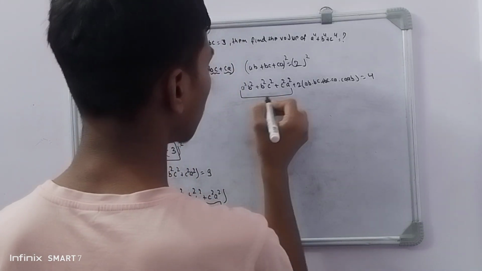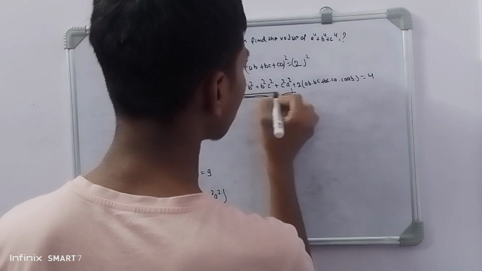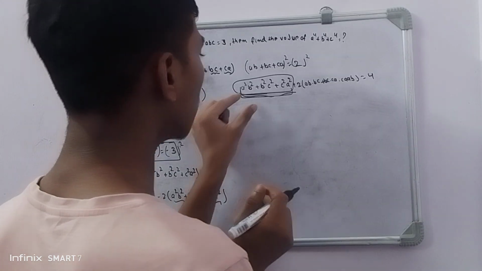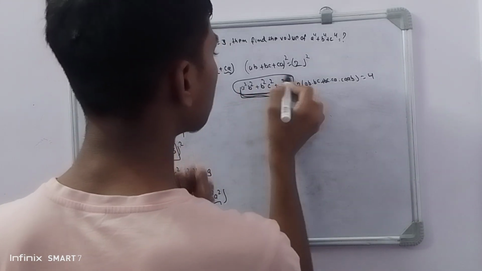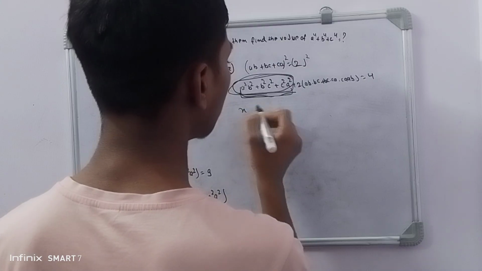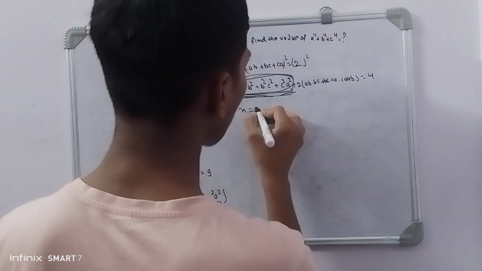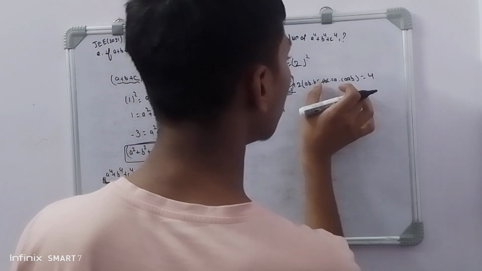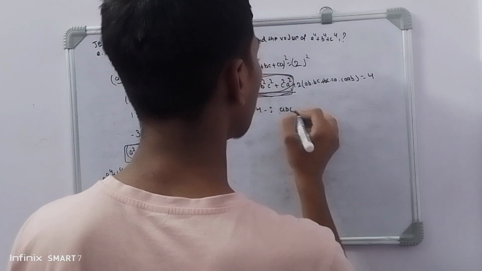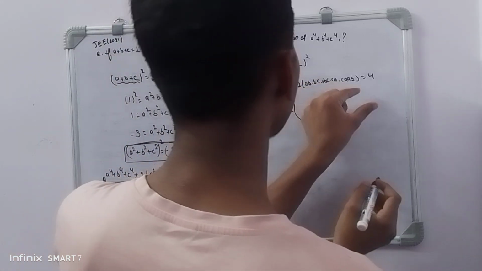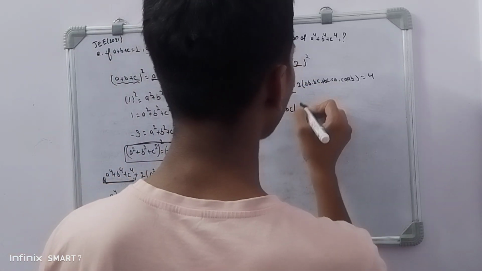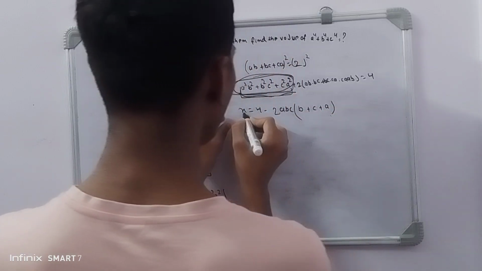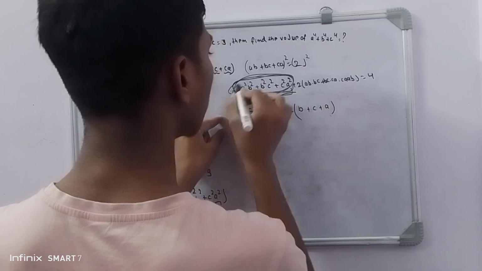For this, let's suppose this whole thing is x, because we have to write it multiple times. Then find the value of x, that means 4 minus 2 into, here you could take the common in all this thing, which is abc. abc can be taken as the common in this thing. When you take the common, here remains b and c, and here remains a. So this is going to be x. x means all these three values.